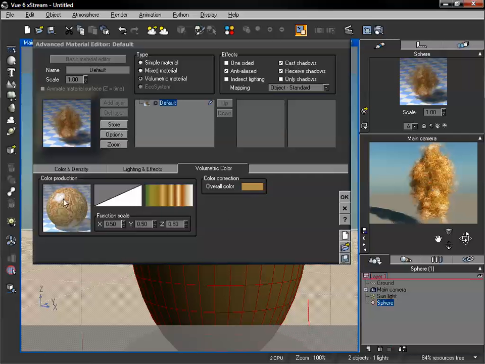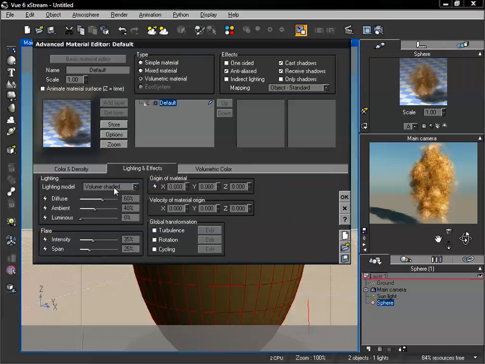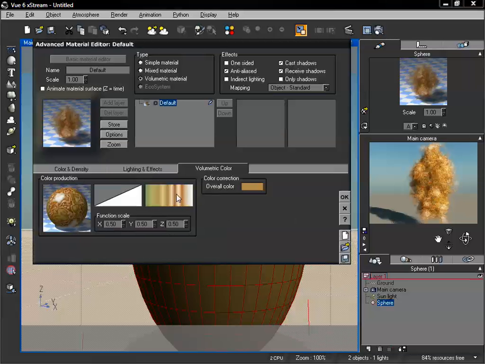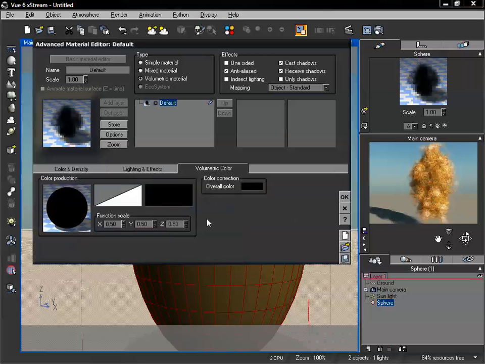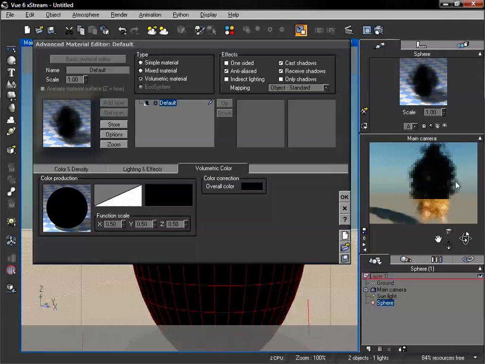And of course we can edit this function however we want to affect this. And we could also just stick with the current normal color if we wanted to. And since we're using the volume shaded mode, we're going to be able to see those nice shadows. So I'm going to reset this color map, which is just going to give us a black. And this is a really cool way to make